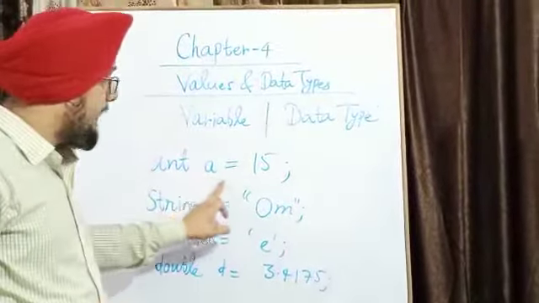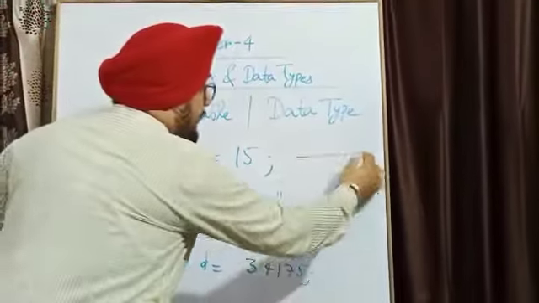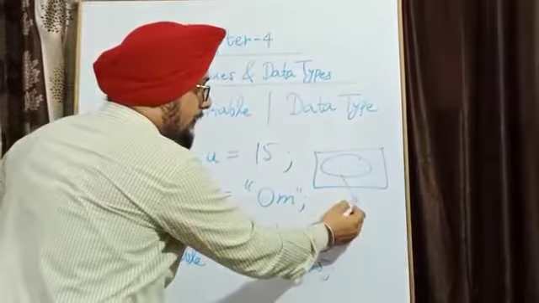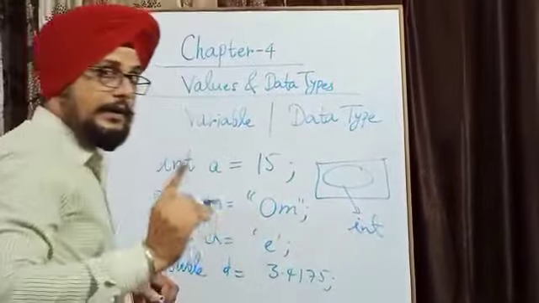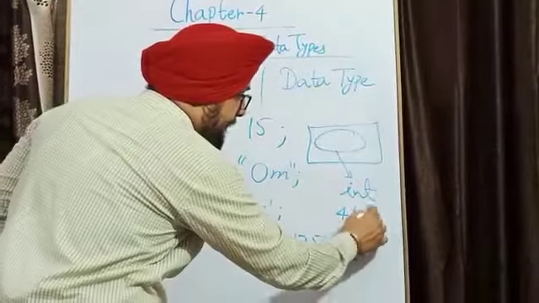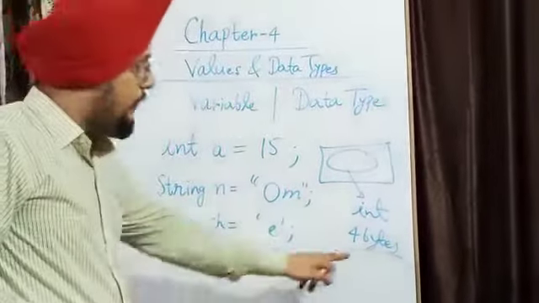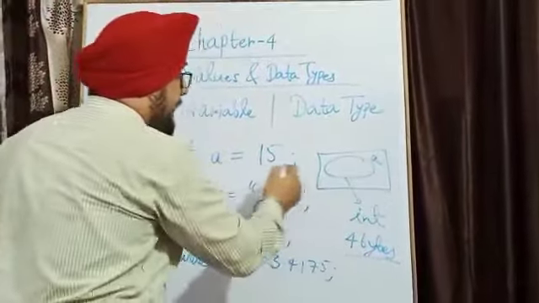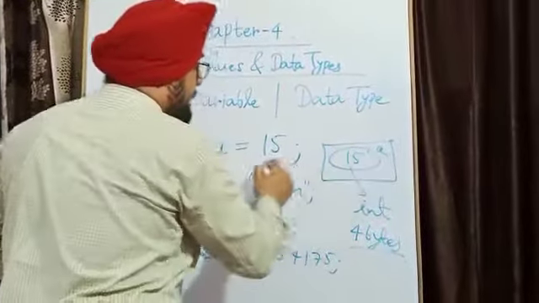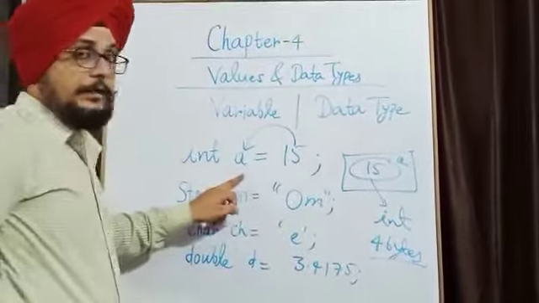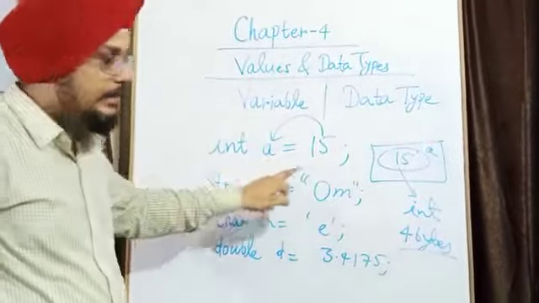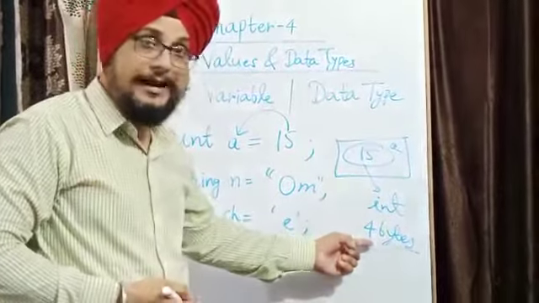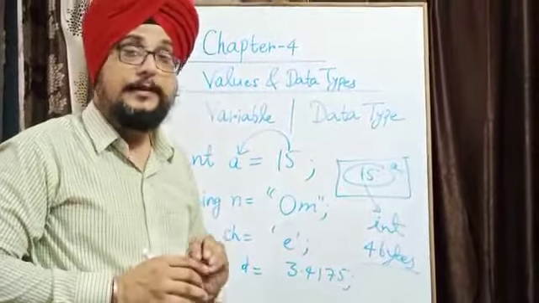As soon as we write int a equal to 15, in the computer's memory, in RAM, one slot is generated, and the size of this slot is equivalent to the integer size. One integer occupies 4 bytes. It means that in the computer's memory, 4 bytes are allotted, reserved for the particular variable a, and the value of this a will be stored here. This 15, whatever we have given, will be assigned to the variable a, and it will be stored like this in the computer's memory, and the number of bytes will be 4 because int occupies 4 bytes in computer memory.